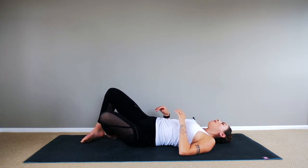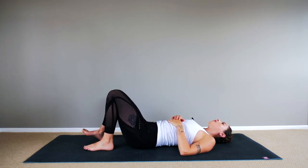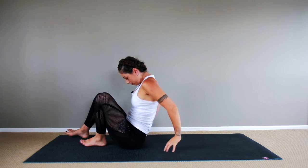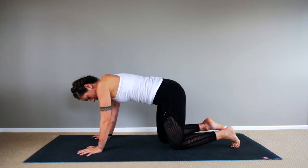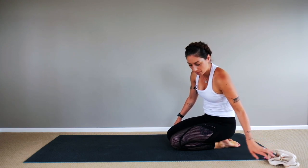Good. Then come back to the center. Just take a few breaths. And any way that feels comfortable, lift yourself up. We'll come onto our shins. Sit down as if you were coming to child's pose. And then from here,